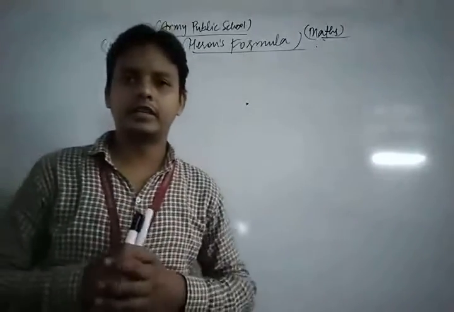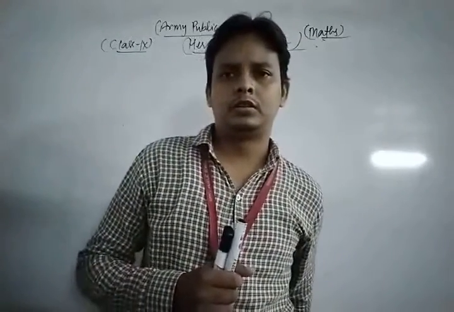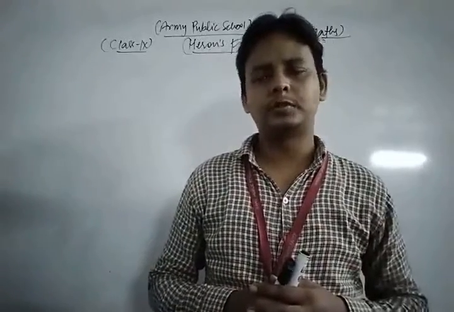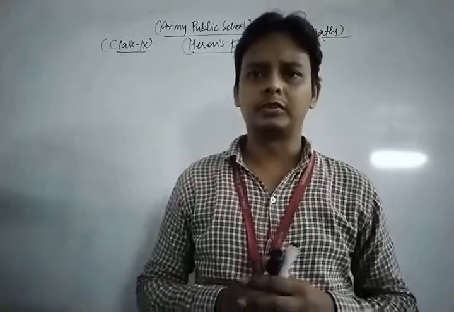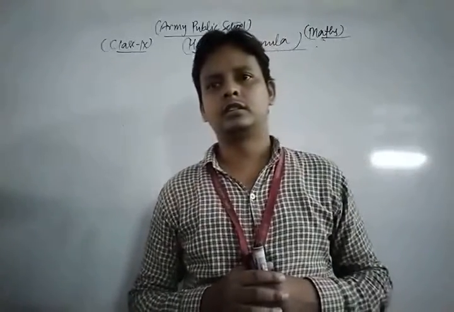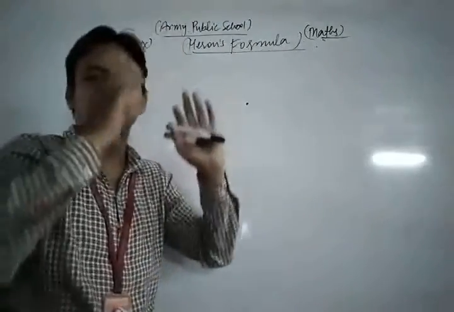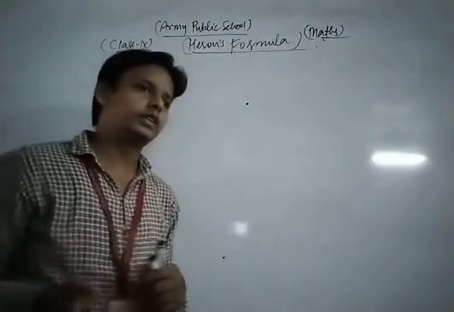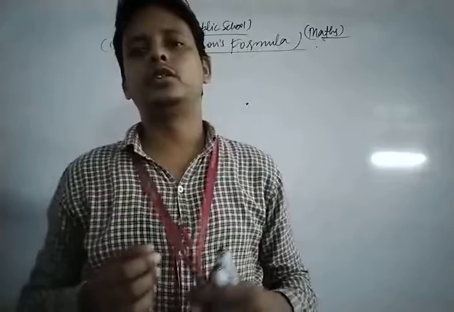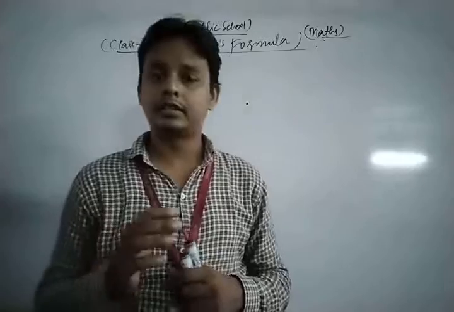Dear friends, in the previous class we discussed a very important chapter of the syllabus, algebraic identities, and we solved some important questions based on that topic. Now, dear friends, in today's class we discuss a very important chapter of your syllabus, which is Heron's formula. This is one of the most important chapters, and with the help of Heron's formula we find the area of triangle ABC when all of its three sides are given.